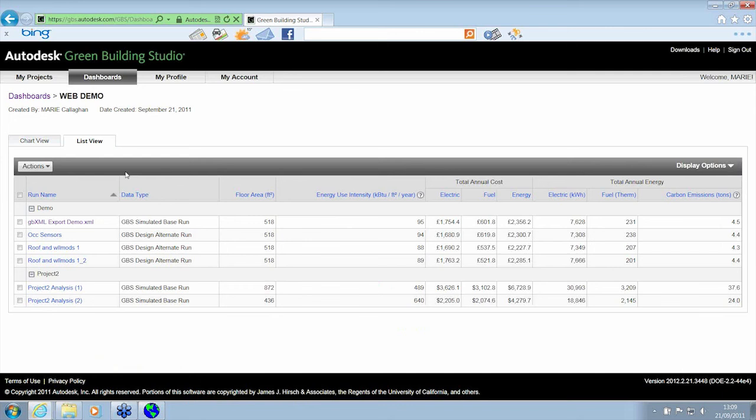If we prefer, we can have that same information listed in terms of text as opposed to graphically. So again, we get a summary of the energy used and the costings. Although this has been a very brief overview of Green Building Studio, hopefully this has given you some sort of idea of potentially what you can do